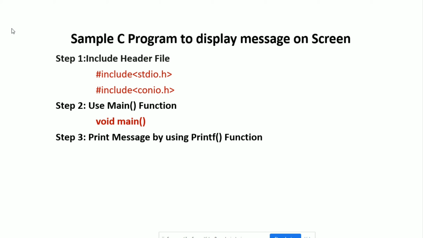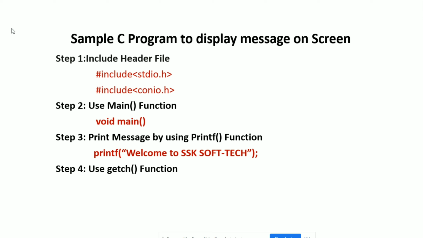Obviously this printf function is present inside the stdio.h header file, and because of that we have to include the stdio.h header file. This is about the third step.